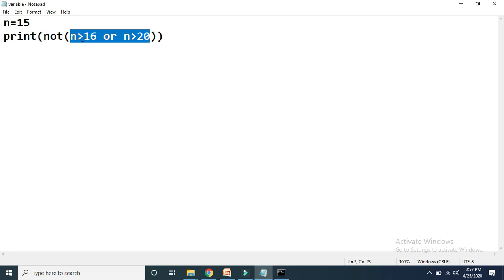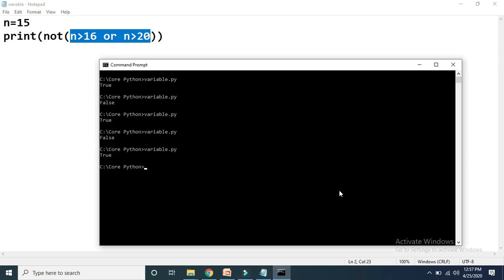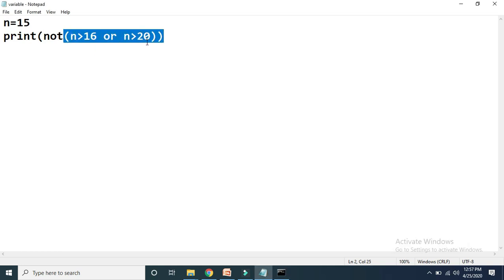But while printing this entire expression we have written not, so the reverse of false will be done. It will display the result as true. See here, because the result of this part is false, but we have applied not on that, that's why false is converted into true.